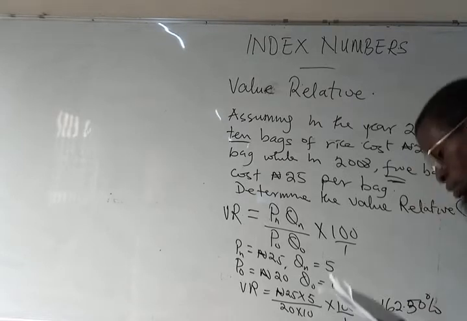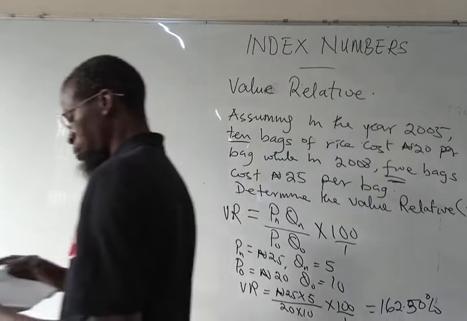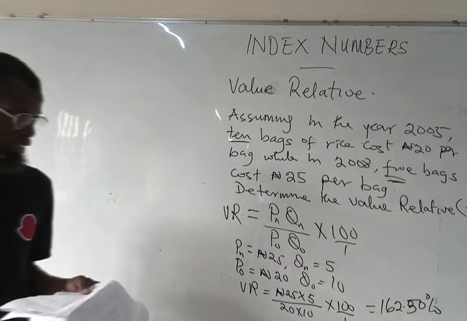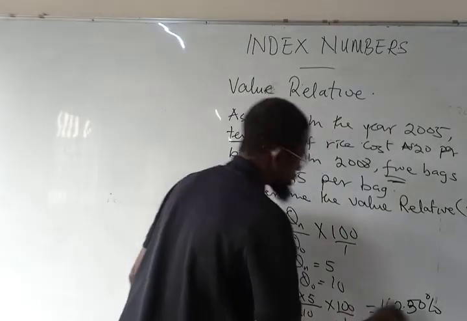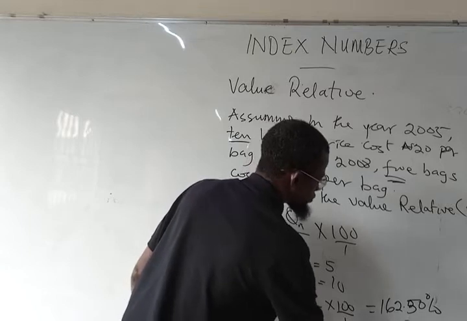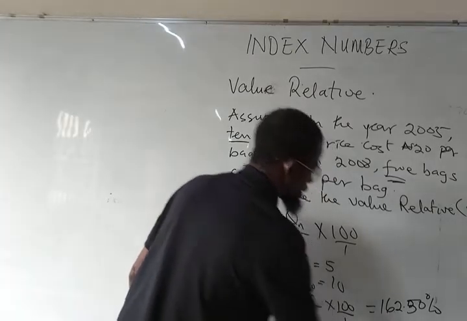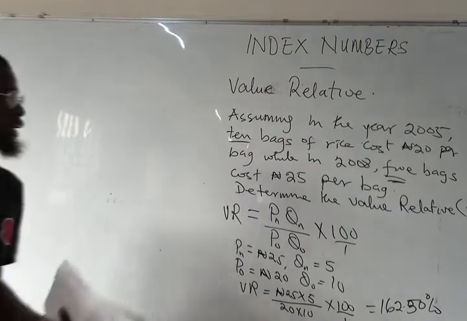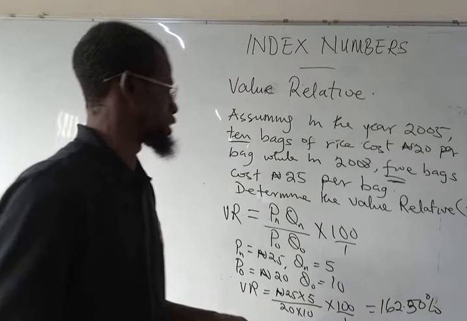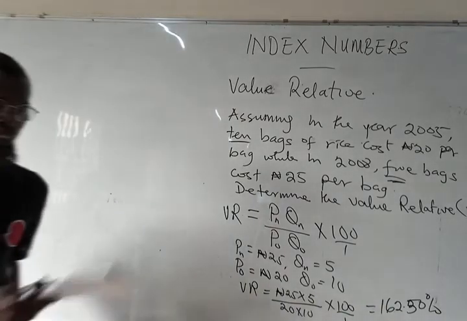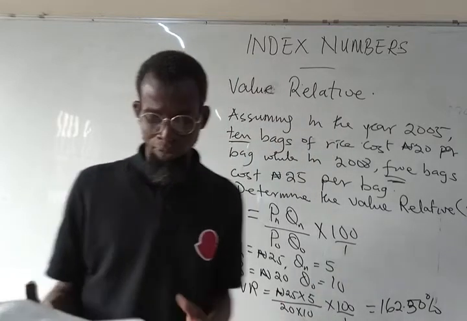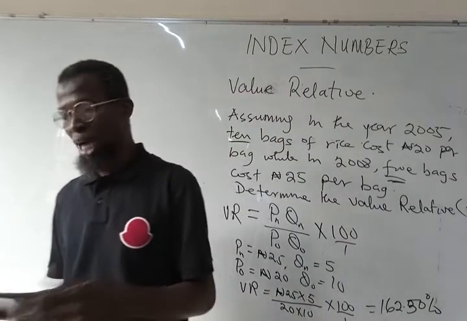162.50%. And I told you, you have to remove 100 from this. It means the price has gone up by 62.5%. That is our relative price, the value relative between 2005 and that of 2008 is 62.5. So you can interpret it